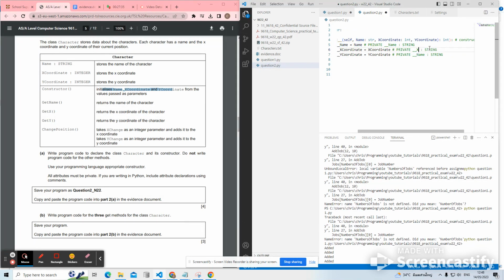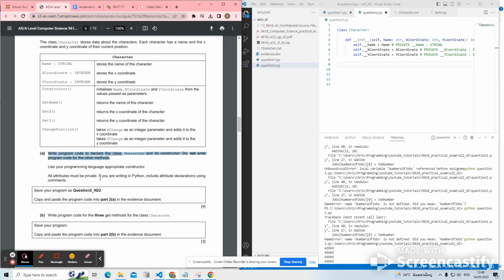Why do we do this? This is for encapsulation. So one of the kind of OOP programming principles, keep everything where it belongs, don't mix things up. So that's the constructor, and we don't need to write any other methods, and we've done some declarations